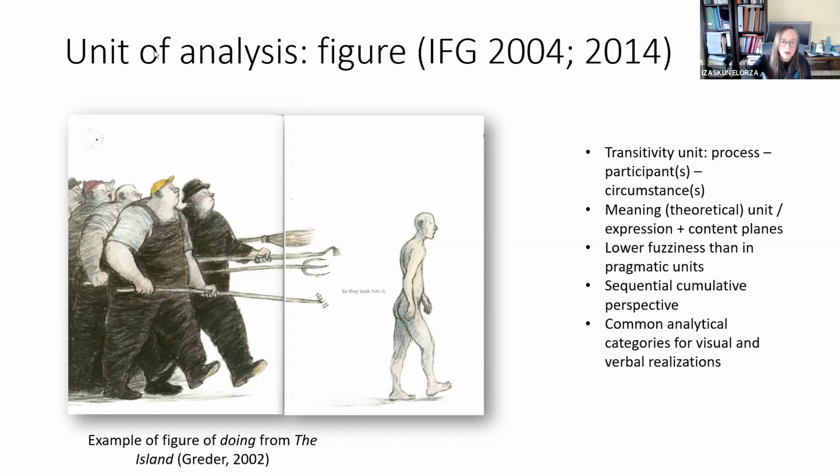Of course, this is a double spread. This is part of an episode or an event, whatever. But the thing is that we can also look into this as a figure, which means that we can recognize a process, we can recognize participants, and in this particular case, there is no circumstantial information like a background, a street, or some kind of landscape or whatever.